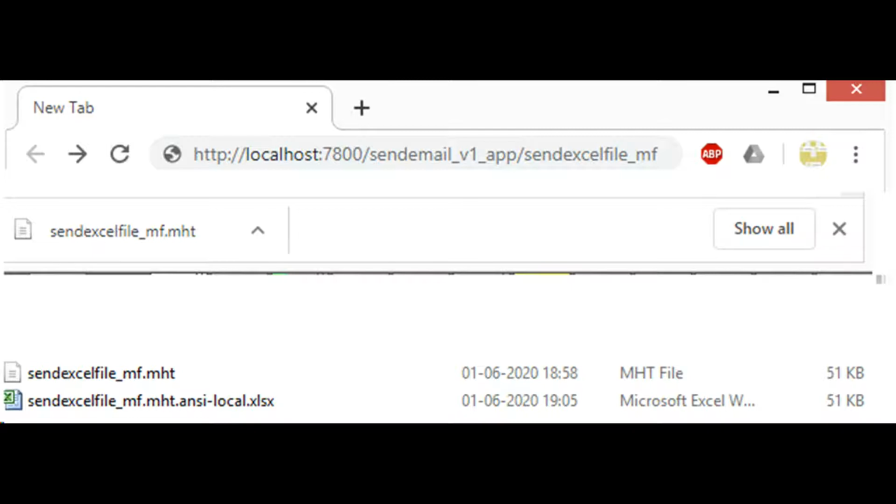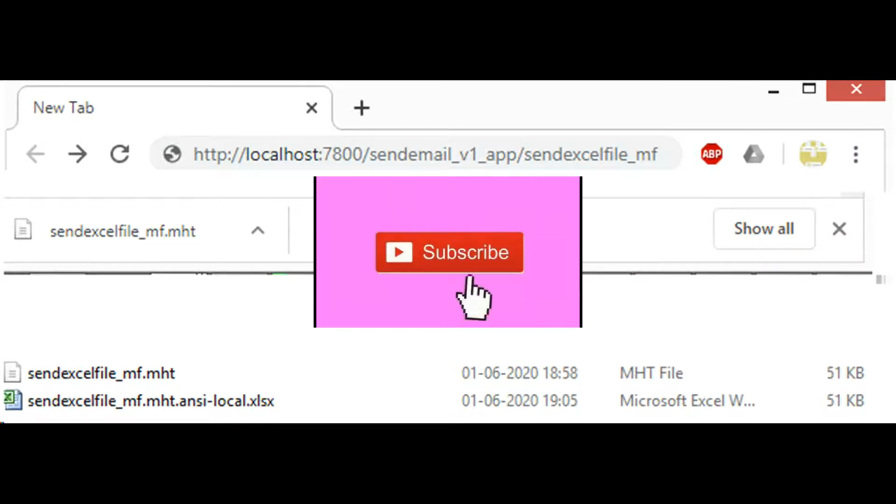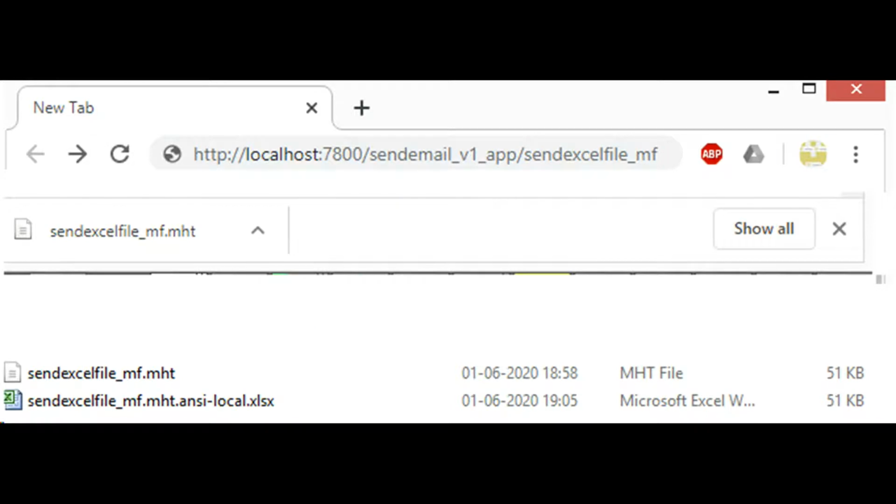I got a MHT file which represents my message. From the message, I extracted Excel file and it was in ANSI encoding. So the file was read in as ANSI, it was transferred to SMTP server as ANSI. Then at what stage is the file getting corrupted?